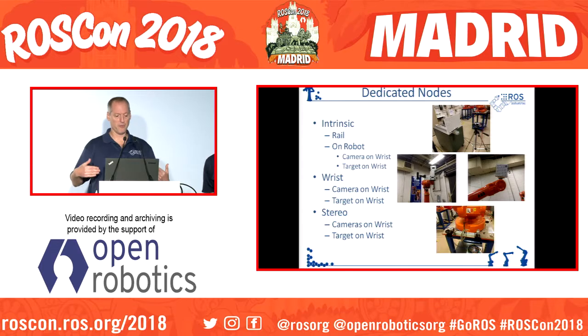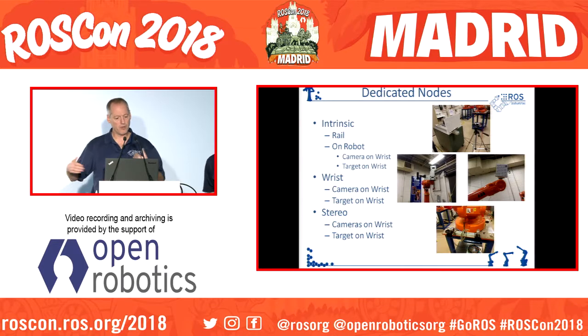Yeah, so I said we created dedicated nodes. So for intrinsic calibration, which is calculating the parameters which adjust for the distortion of the lens, we have a rail-based system that uses a linear rail and moves the camera, or the target, back and forth